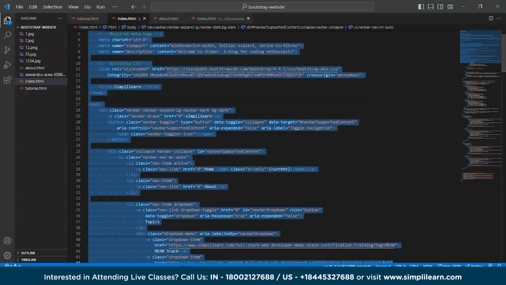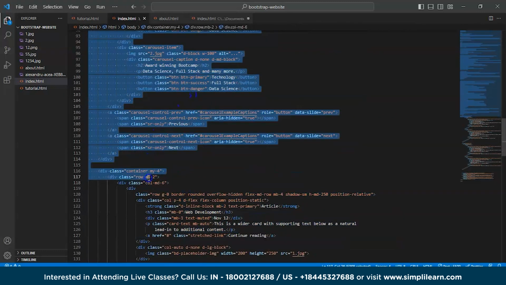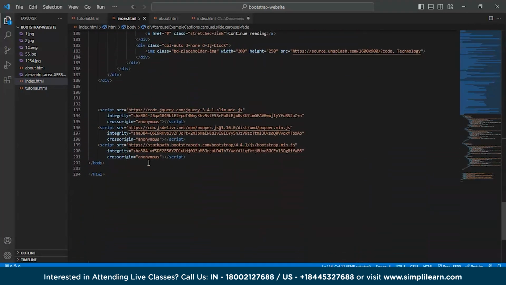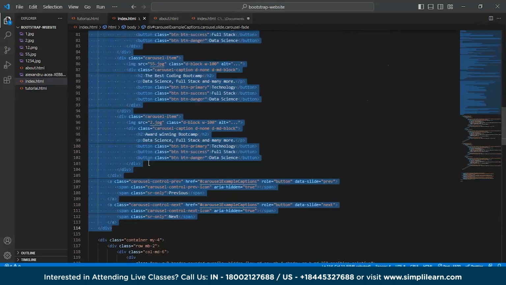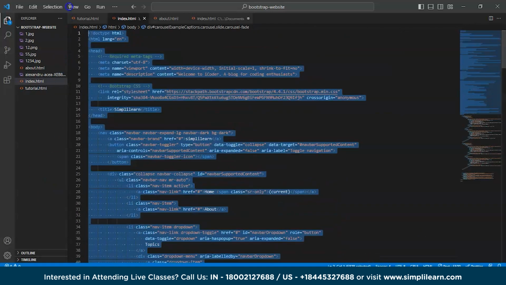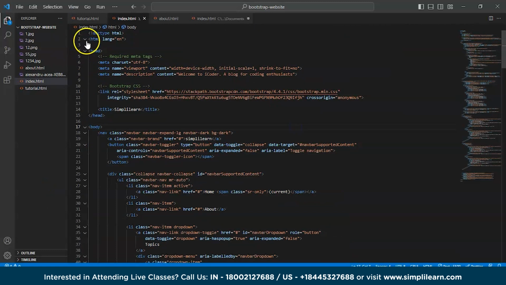So what I'll do is I'll copy from navbar, check whether the navbar completes. Okay, color we don't need. Yeah. So let's not copy this one. Let's copy from